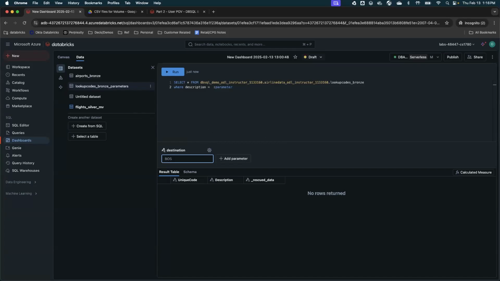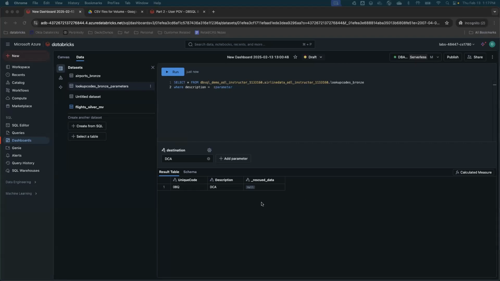So as this filter is working, what we can do is add a query. If you are not able to write this query or still have confusion on how to build a query, I'm just pasting the query in the chat, so you can simply go to the chat and use the parameter query. Right. So you can update it to your catalog name and schema name, and it should be good with that.